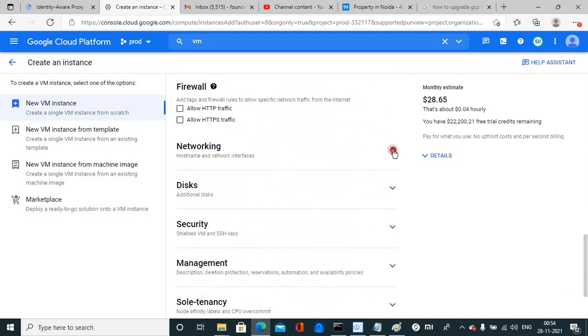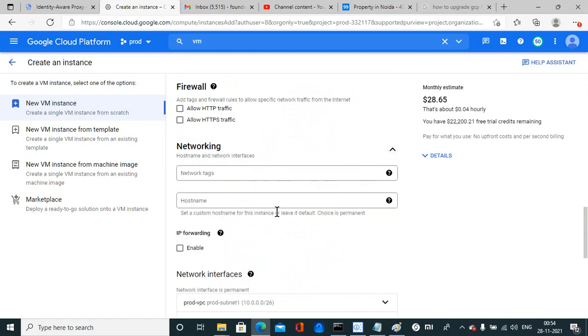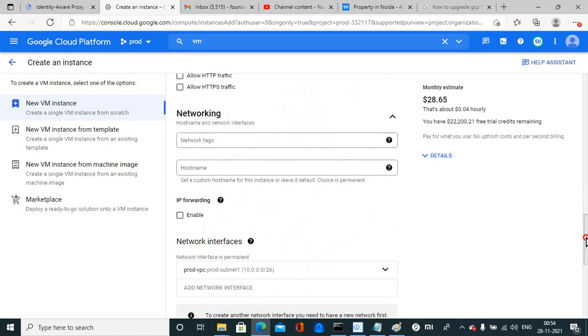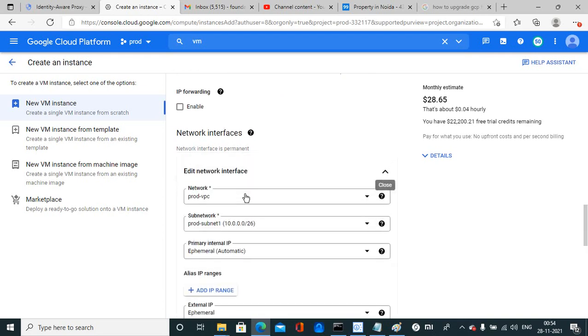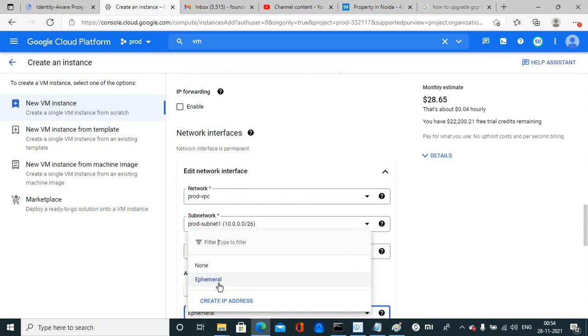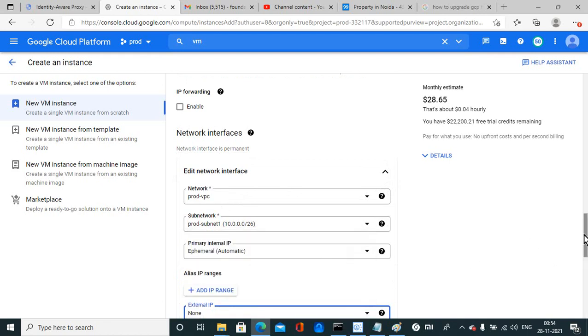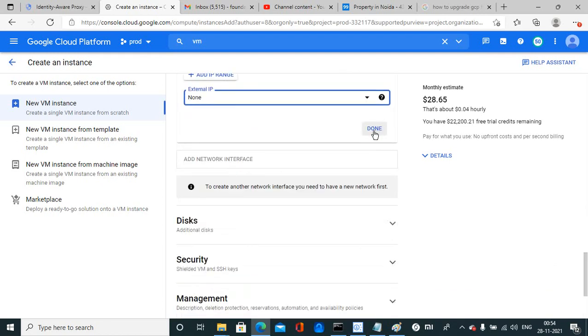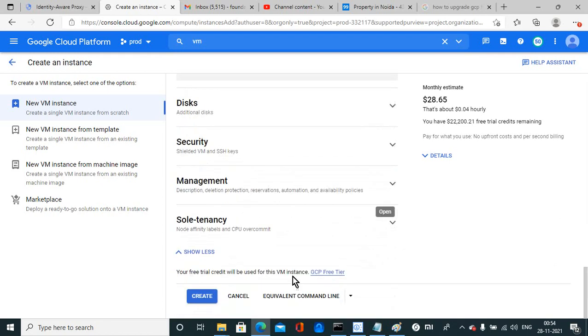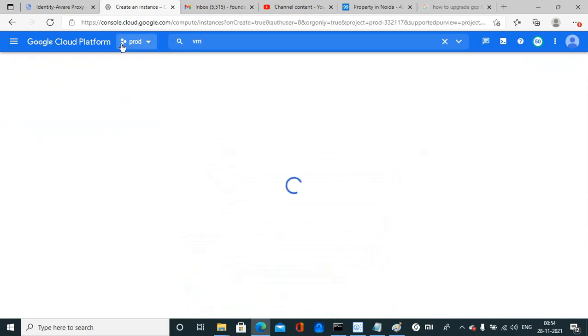But remember, I'm not giving any public SSH key over here. In the network section it is also in the same VPC and subnet, but external IP is none. And after that, creating the machine.